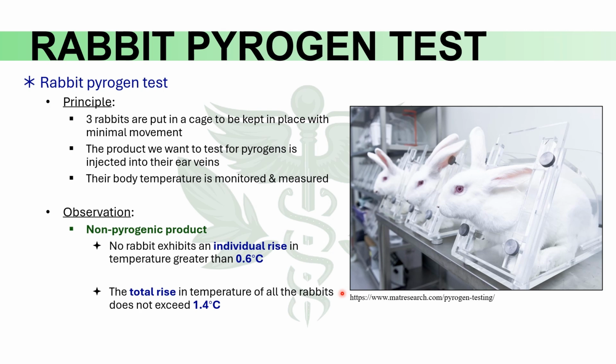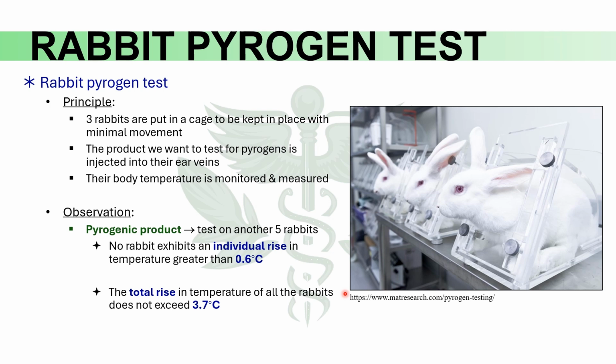If these observations were not recorded, then we would need to double check again to confirm that there is no error in the test results. So another 5 rabbits are gathered and the same procedure is repeated with them. If each rabbit does not exhibit an individual temperature rise greater than 0.6 degrees Celsius, and the total temperature rise of all the rabbits together does not exceed 3.7 degrees Celsius, then we're in the safe zone and the product